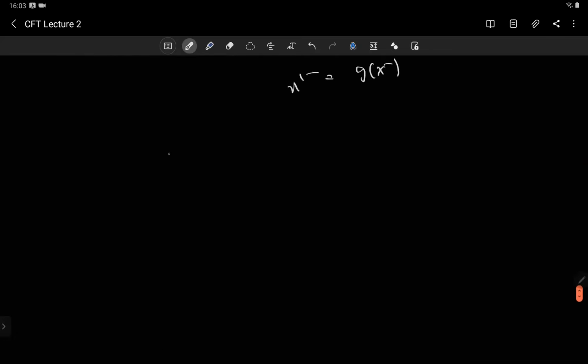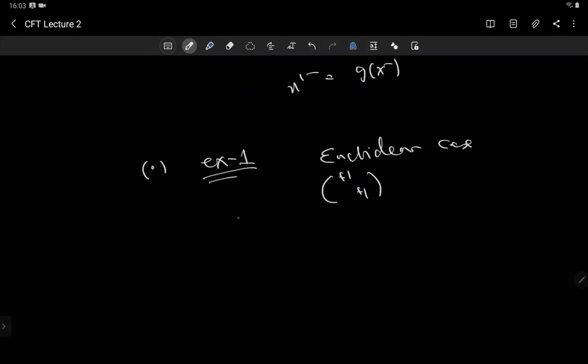Now we had discussed this last time, but take this as an exercise for you. I think we had done it last time, so you don't have to submit it. But I'll just mention, we said that in the Euclidean case, that means when your metric is +1, then instead of light cone coordinates, it's useful to use complex coordinates. So if I write x plus iy as z and x minus iy as z bar, then we showed that the conformal transformation is any holomorphic transformation.